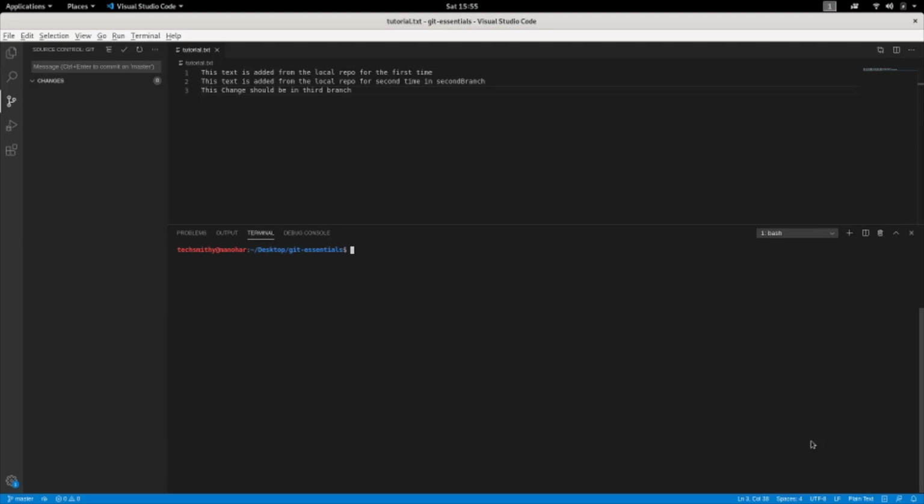In the last video we have learned how to stash changes and how to merge changes. In this video let's learn what is fetching, pulling and rebasing. First I'll tell you what is fetching and pulling. By fetching you will get all the changes that are made to your remote repository apart from your local repository. It gets all the changes. When you do git pull, it actually gets all the changes and adds that to your current local repository.